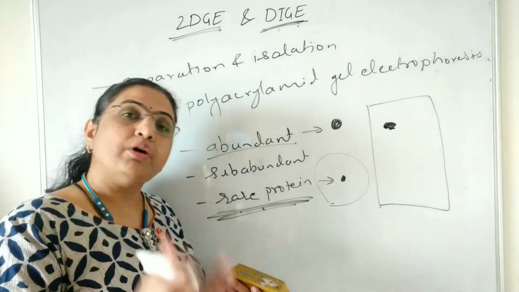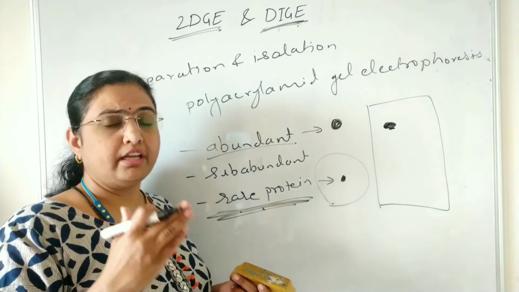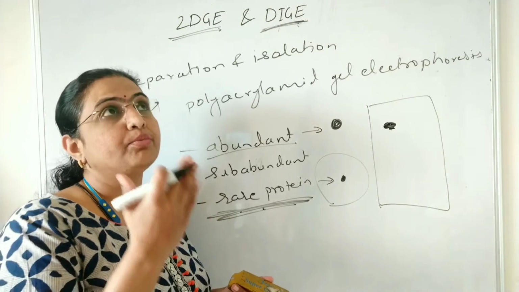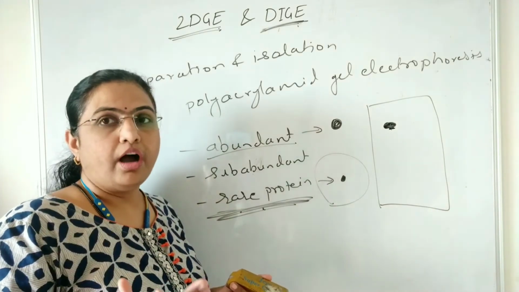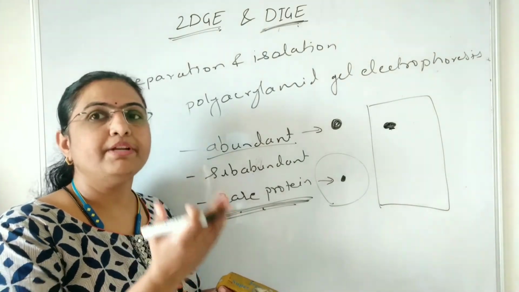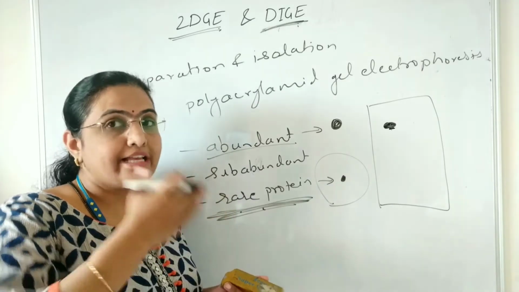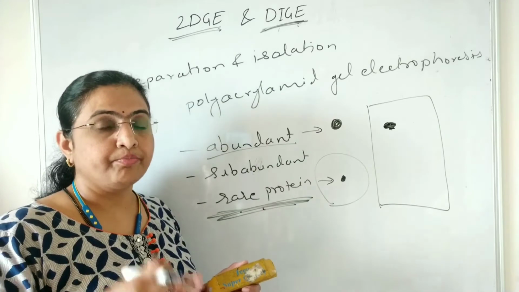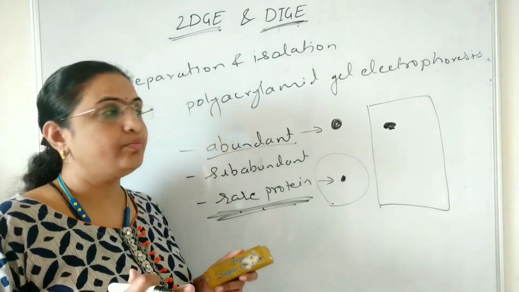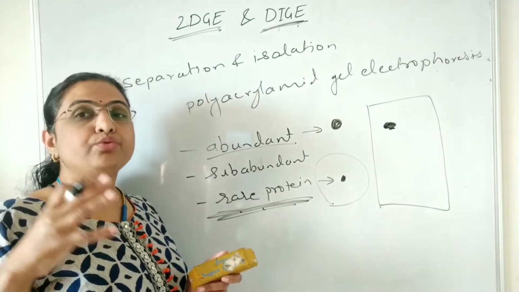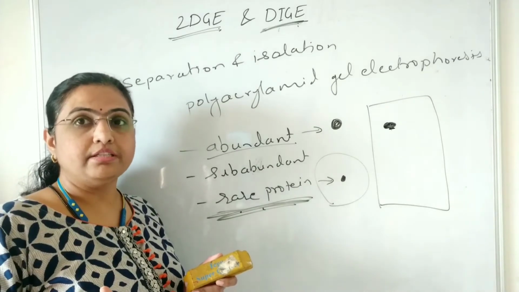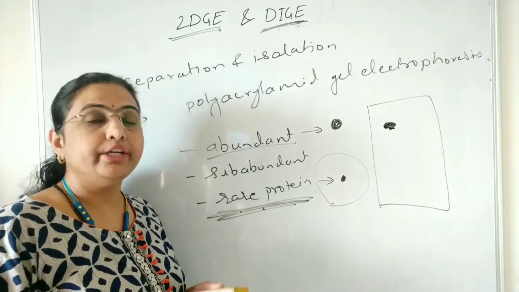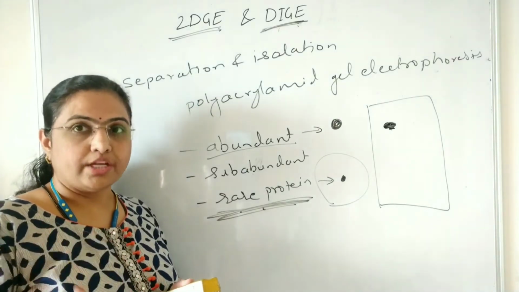Next, some of the proteins are stable only at pH 3, that is acidic pH, or at alkaline pH. For those proteins, there is a dissolution problem. So work has to be done on how to dissolve the proteins and how to allow them to enter into the isoelectric focusing gels.